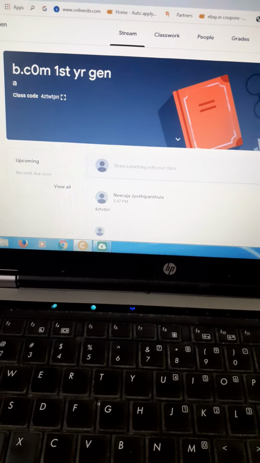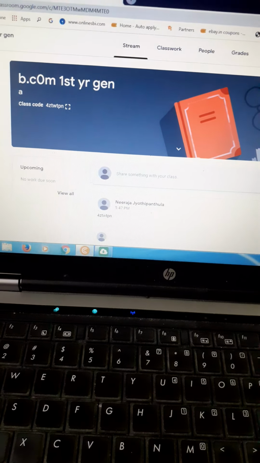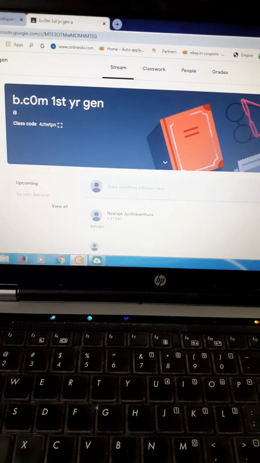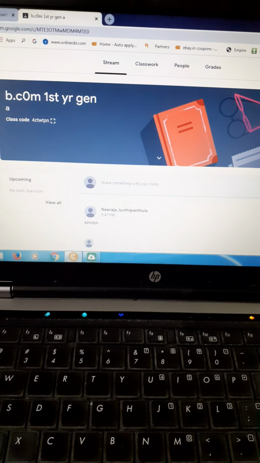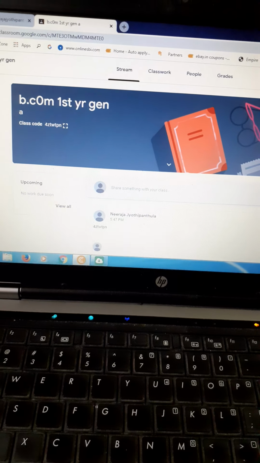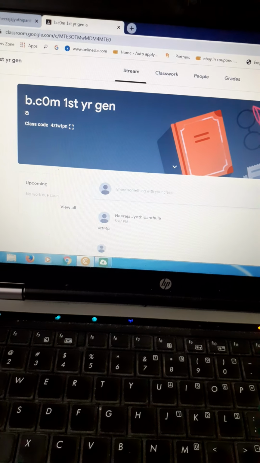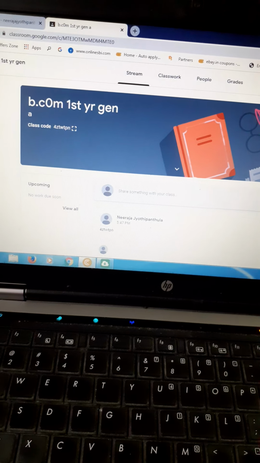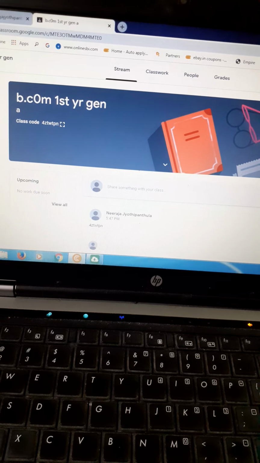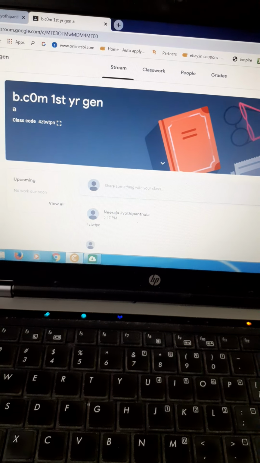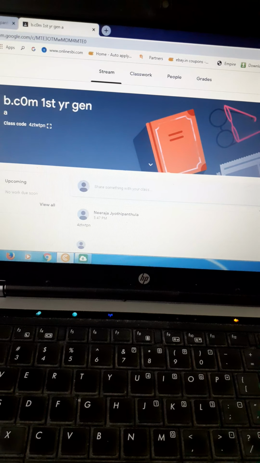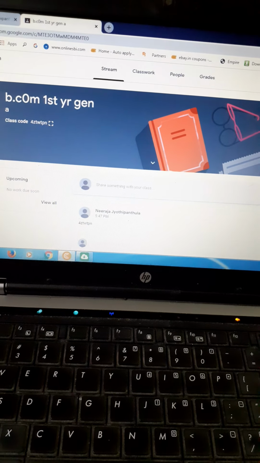After sending class codes, now we have learned three things. One is creation of a class, how to create a class. After that, how to invite students, and how to send the class code to students also. Three things we learned. And one more thing we have to learn: scheduling class by using calendar. Now the classroom is ready, students are ready, we invited them, they will get the class code information, they will add into the class and join the class.